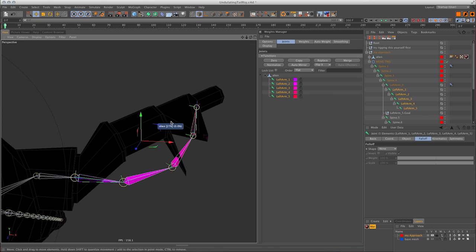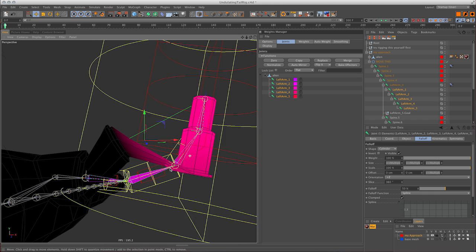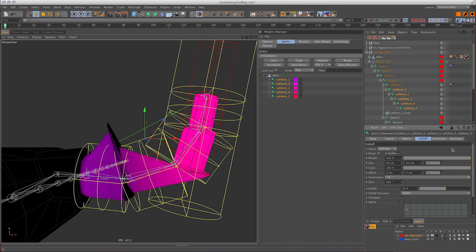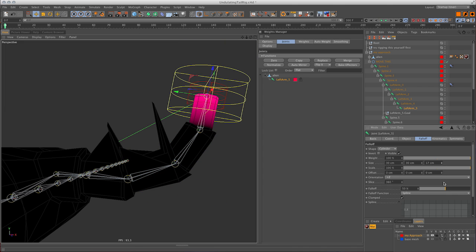Right now it's black and it looks all messy, but let's go to the falloff and enable cylinder. And generally you want to copy the shape that the mesh most closely resembles. All right, so let's size these up again. Let's say 30 by 30. And this last one is ridiculously long because it's 100 centimeters. Let's just pull that down. And if we select them all,